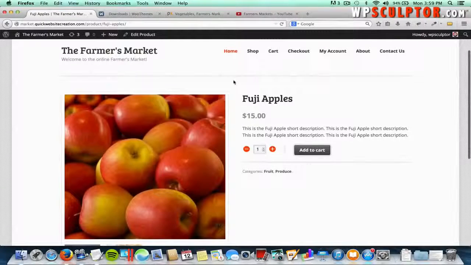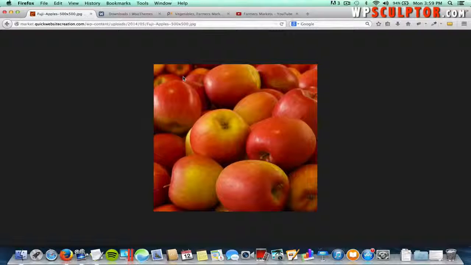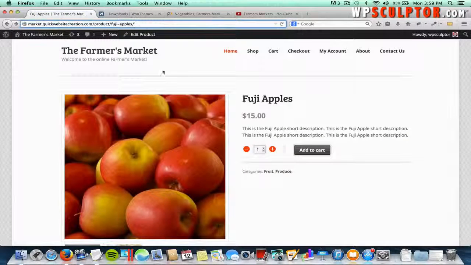And another thing I want to point out, I'm going to right click on this image and I'm going to view the image, and I want to point out that this is a 500 by 500 pixel image, and that's because we changed our product thumbnail settings to display the 500 by 500 rather than the default 300 by 300. Now if we go back, I'm going to grab a tool that I have downloaded on my Firefox browser called Measure It,